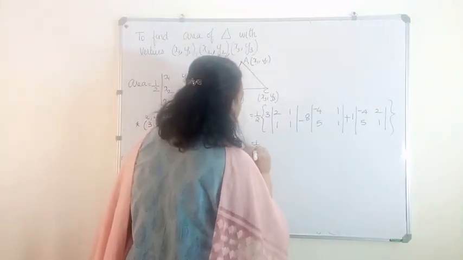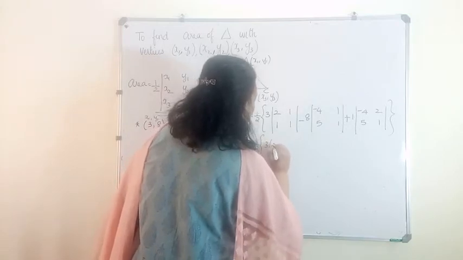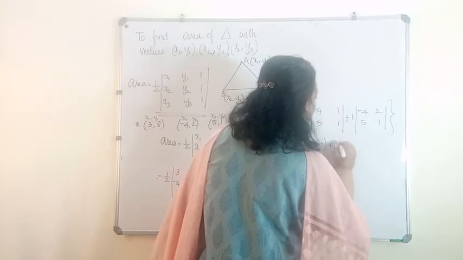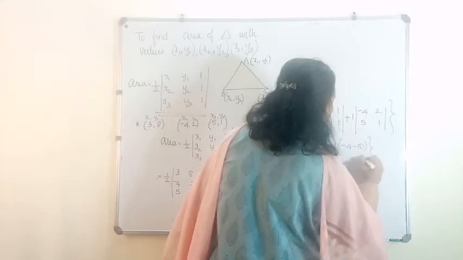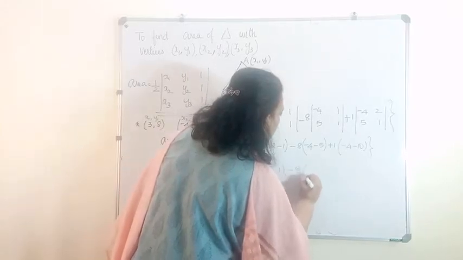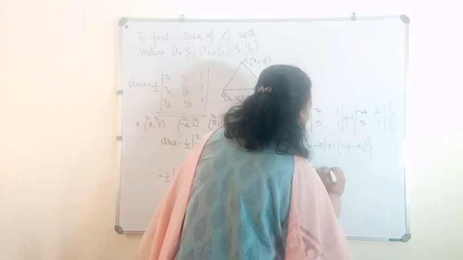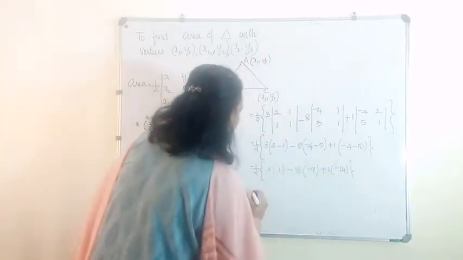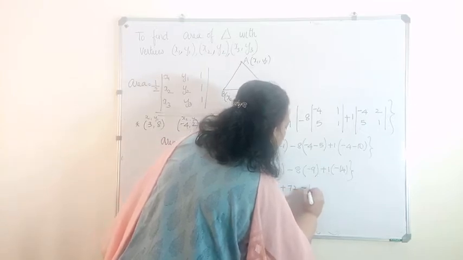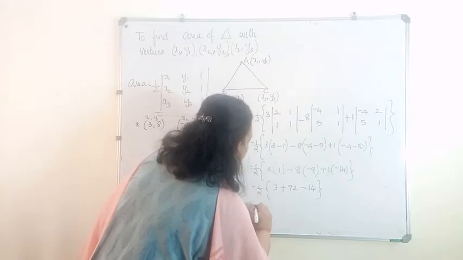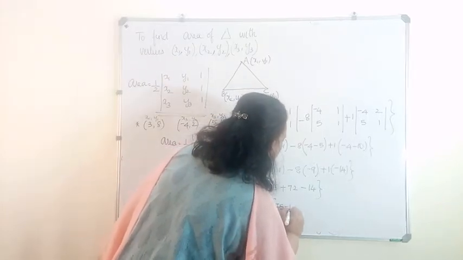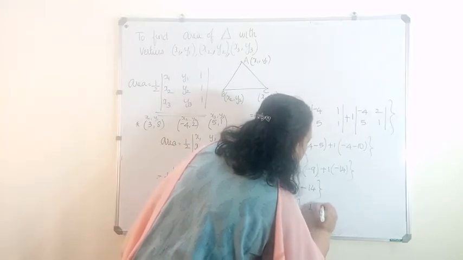which is equal to half into 3 into 2 minus 1 minus 8 into minus 4 minus 5 plus 1 into minus 4 minus 10, equal to half into 3 into 1 minus 8 into minus 9 plus 1 into minus 14, half into 3 minus of minus plus 72 minus 14, that is equal to half into 72 plus 3, 75, 75 minus 14 equal to 1 by 2 into 61,